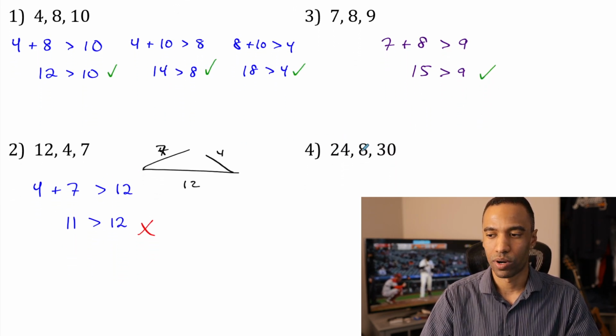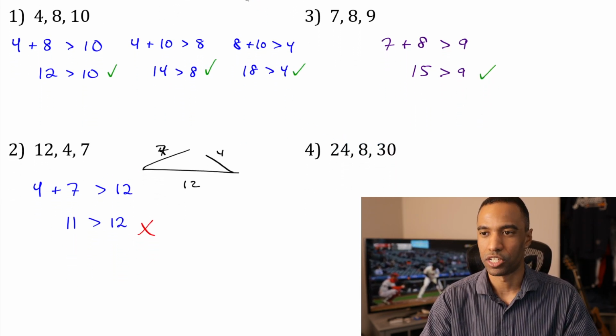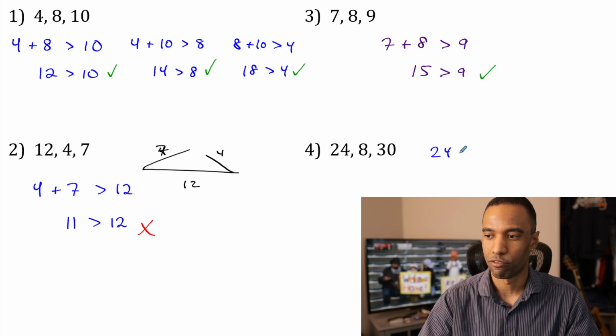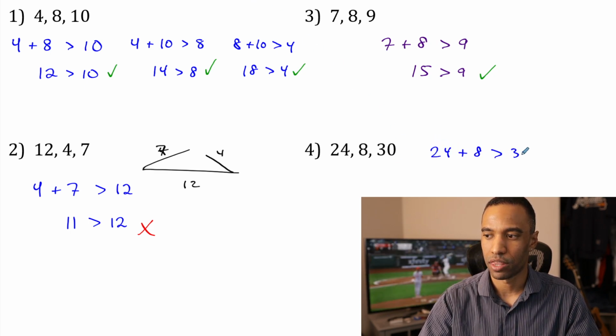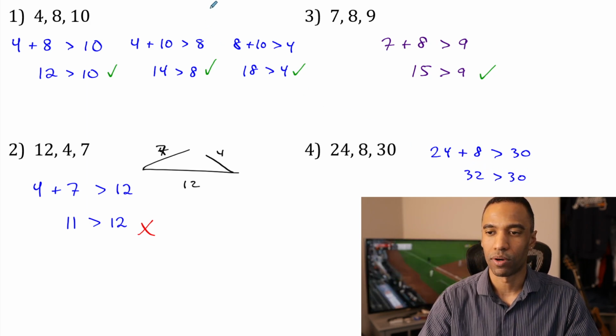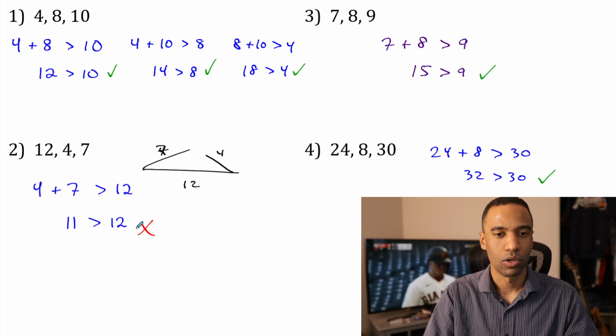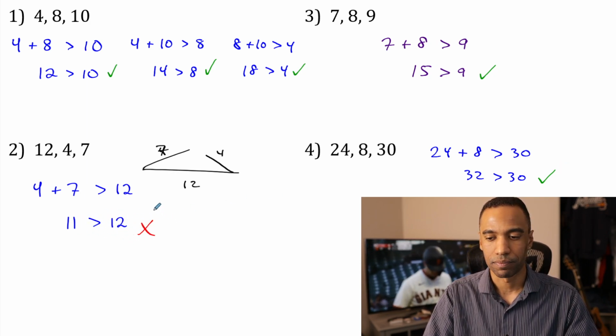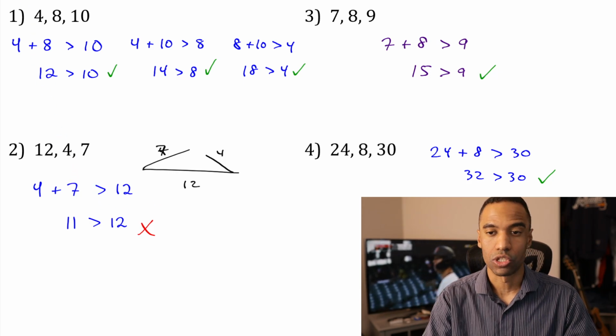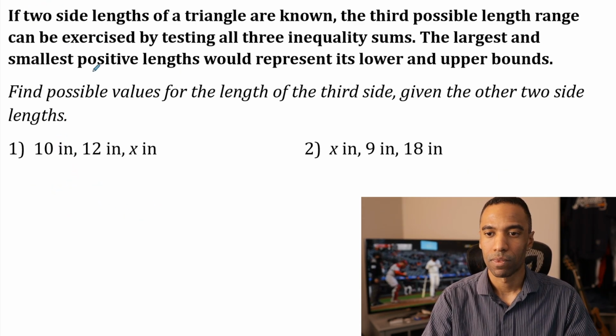Last one, number 4, 24, 8, and 30. Again, worth it to try the two smallest sides here. 24 plus 8, is it greater than 30? Well, 24 plus 8 is 32. That is greater than 30. That one also seems to check out. So the only one that couldn't make a triangle here was this guy right here, too small on the two shorter sides to reach. Okay,